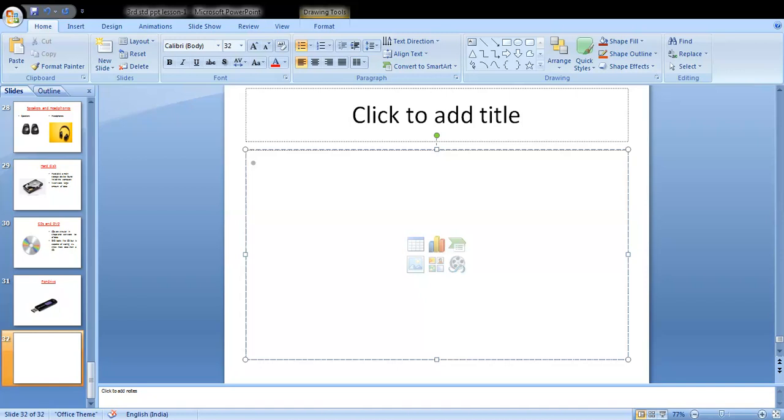You wrote? Done? Okay, next. I am an output device that displays pictures. Where do you display pictures? On the monitor. So you write there monitor. Next, I perform arithmetic and logical calculation. That is ALU.